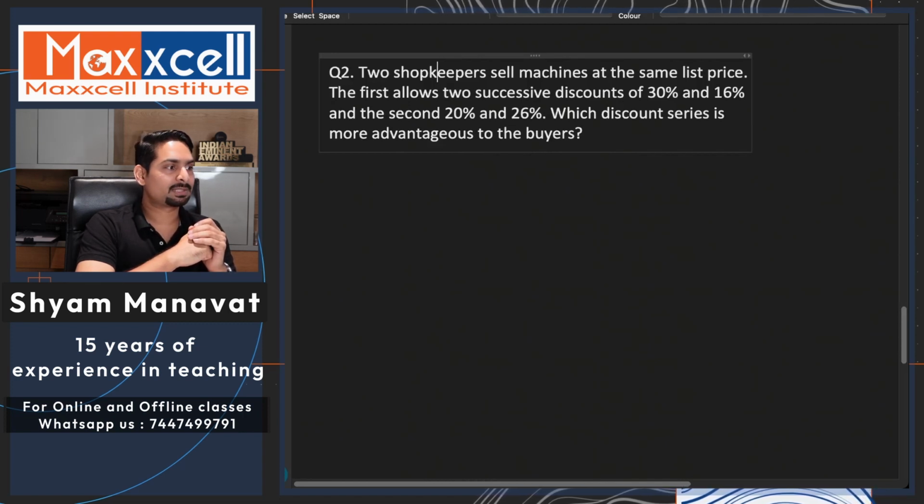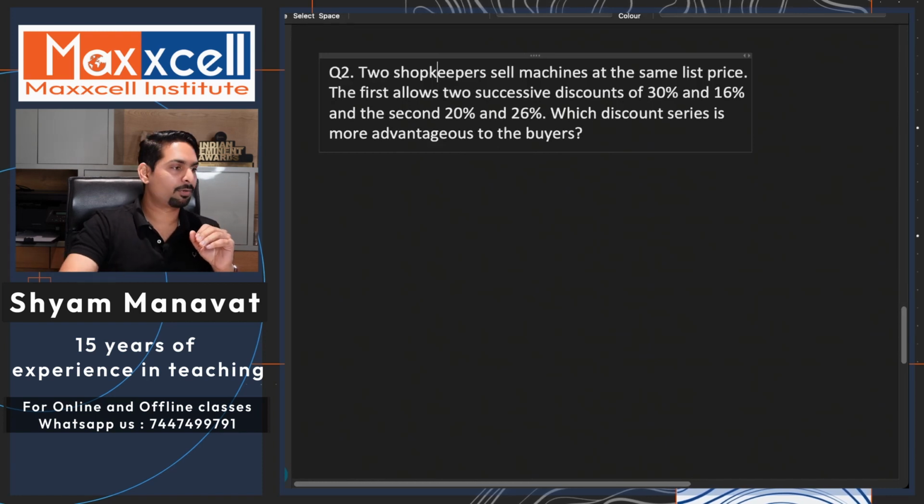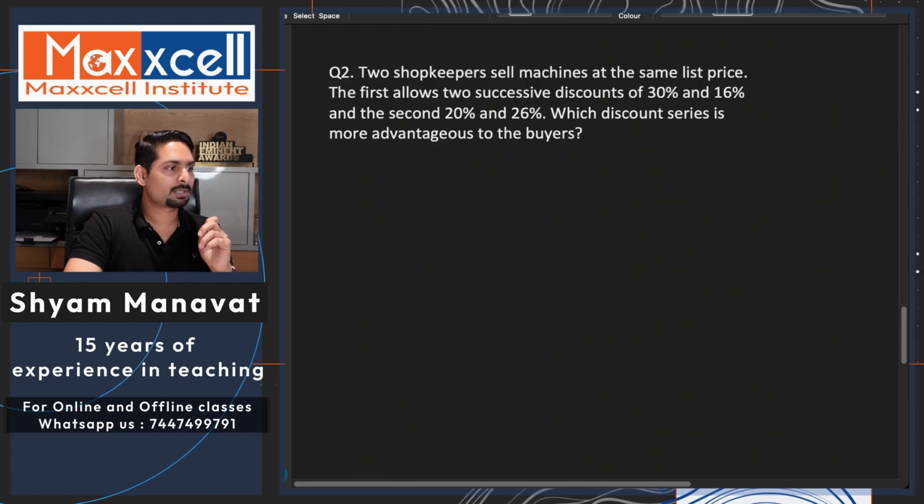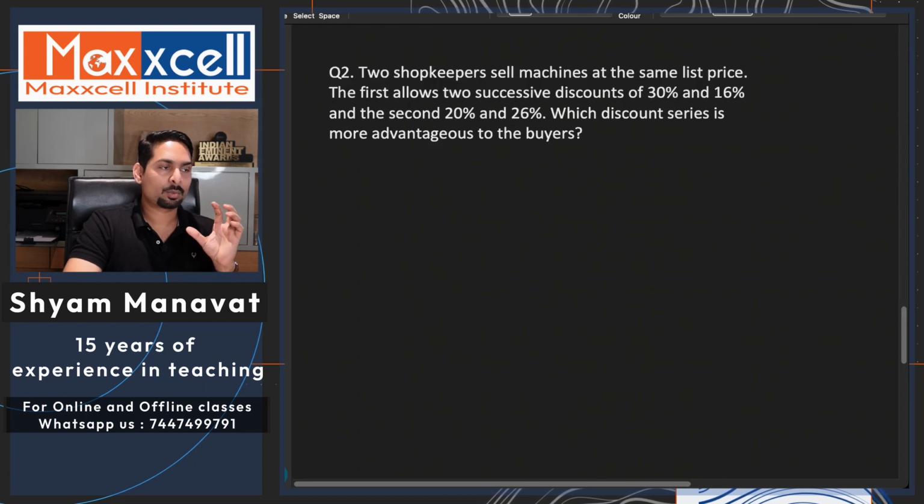Which discount series is more advantageous for the buyer? More advantageous for the buyer means which discount percent gets the customer this machine